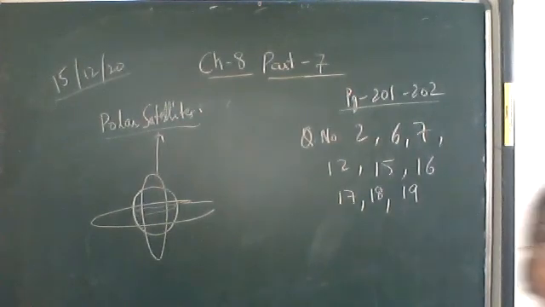Let's start. We have got 2-3 minutes. Let's do a few questions. Question number 2: acceleration due to gravity increases or decreases with increasing altitude? We have studied that acceleration due to gravity decreases. B part: with increasing depth? With depth also it decreases. Then C: is acceleration due to gravity independent of the mass of the Earth or the mass of the body?